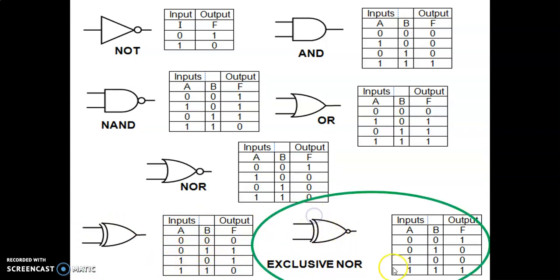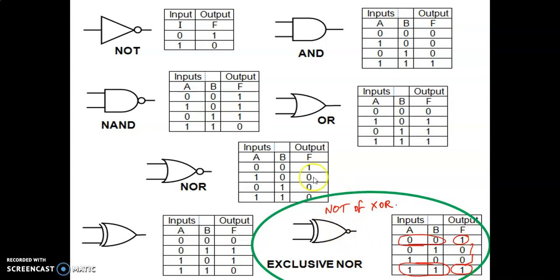When we come to exclusive NOR, just as we have seen earlier, it is a NOT of XOR. It is exclusive NOR or NOT of XOR. You see that there is an additional bubble here as against the symbol of XOR gate. All possible combinations are listed out here, and you can see that it is the inverted form of XOR gate. In this case, if the inputs are all same, then the output becomes a 1. 0, 0 and 1, 1 case, the output is 1. Otherwise, output is equal to 0. That's how an XOR gate and an XNOR gate operate.